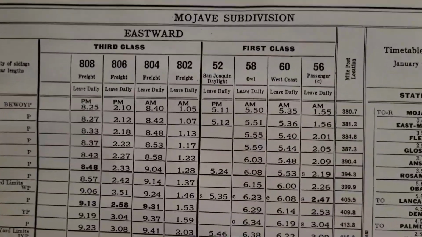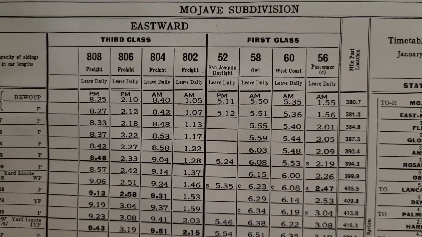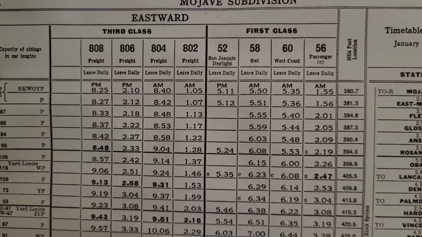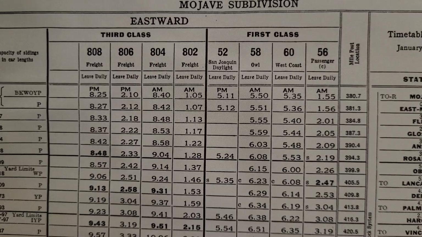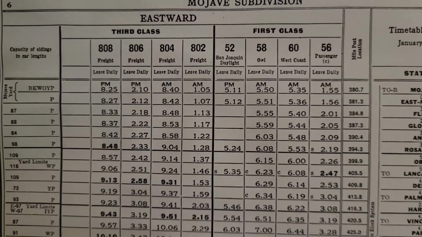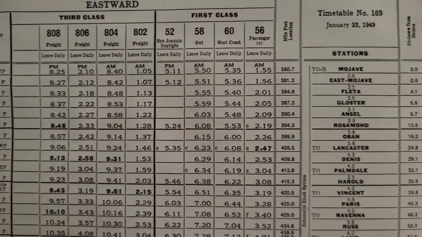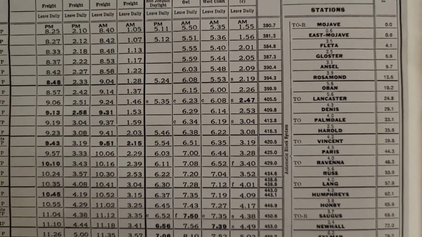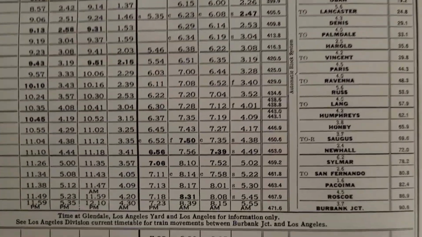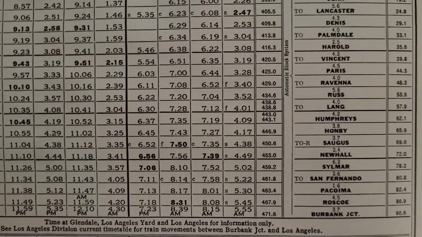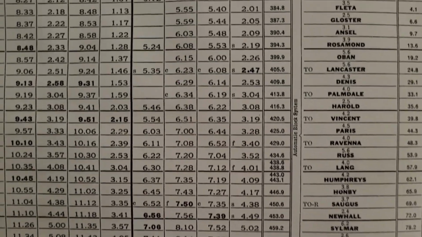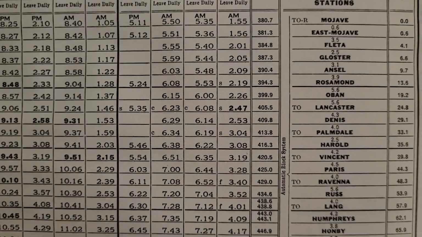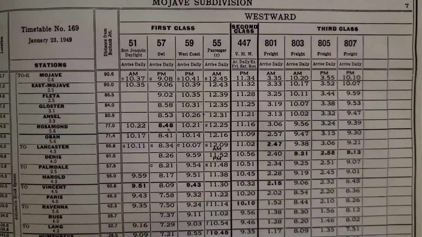As you can see, they have train numbers and the train designation. The 58 was the Owl, 52 was the San Joaquin Daylight. These were all eastward trains. And it tells you over here where they were going to arrive and what time they were going to arrive. And just like the Metrolink trains, this one part here would go from Burbank all the way up to Mojave. And here was the westward